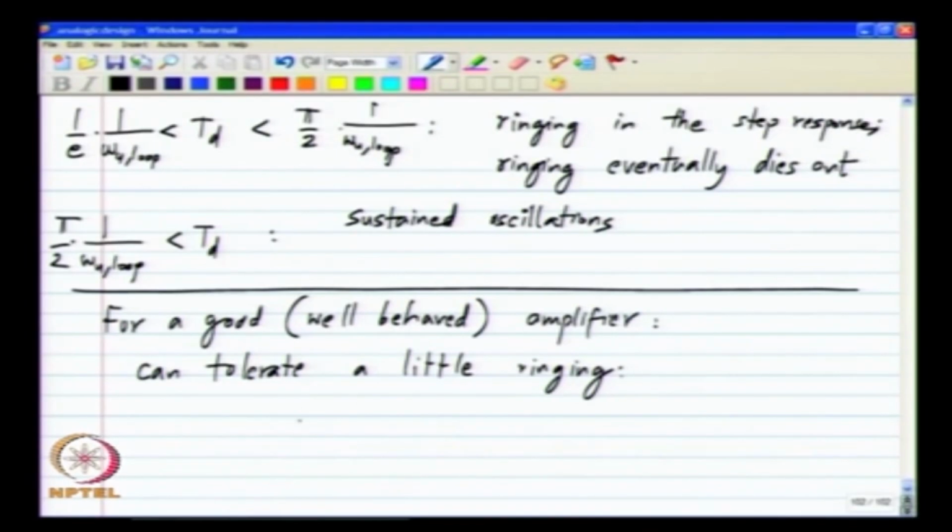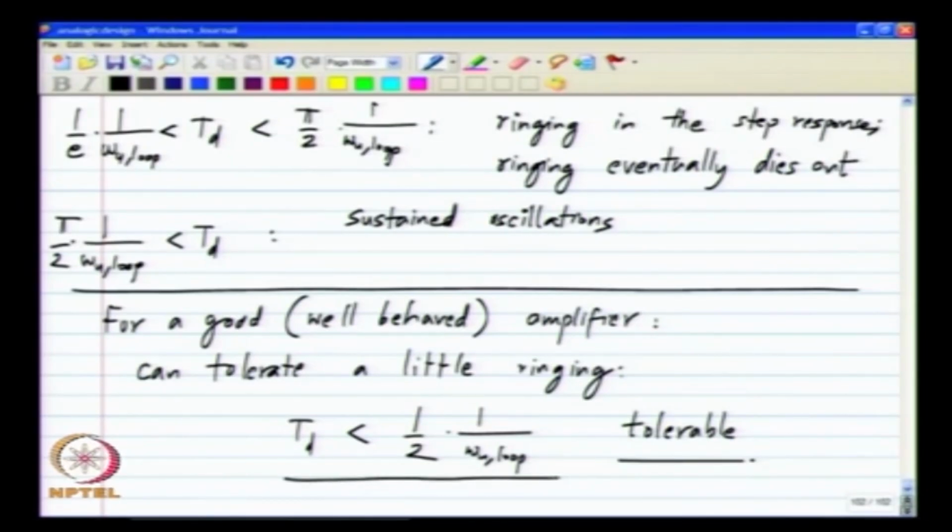So, typically Td less than about half of 1 by omega u loop is tolerable. Now, if your application says that there has to be absolutely no ringing at all, then you have to make Td to be less than 1 by E times 1 by omega u loop. Okay. So, this is what is tolerable,